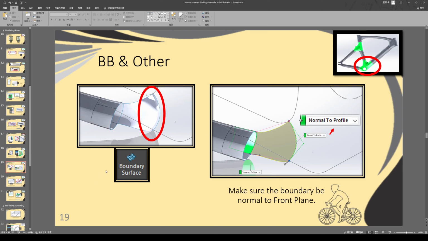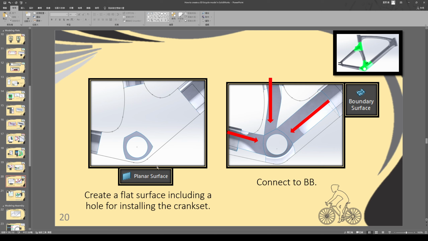And finally, here is a groove to avoid hitting the wheel, made by using the function boundary surface. Make sure the boundary is normal to the front plane. Use planar surface, so the surface is flattened, and use the boundary surface to connect each part to the BB.